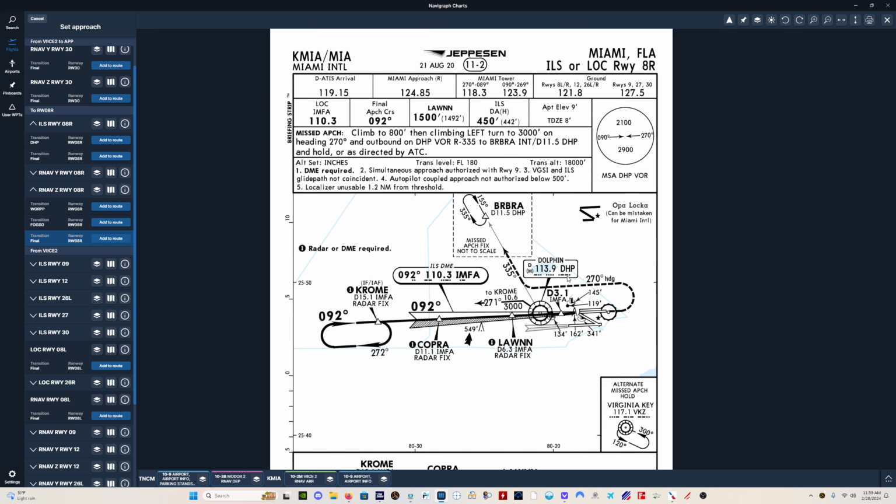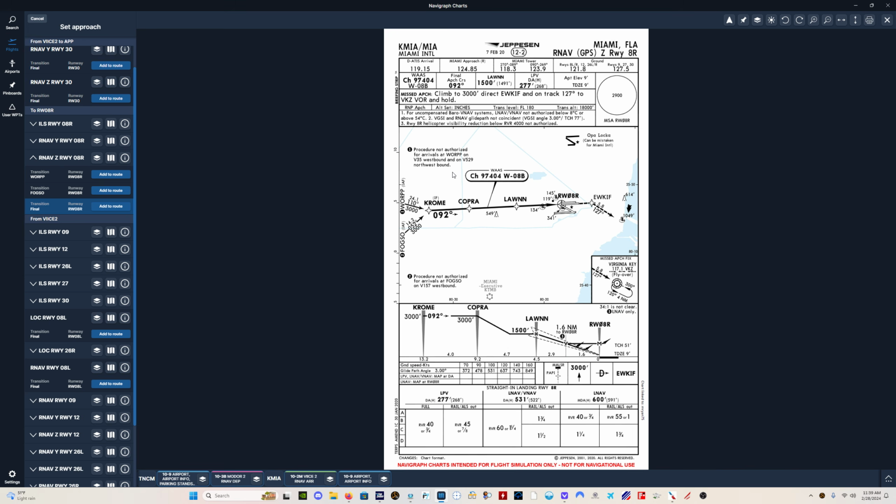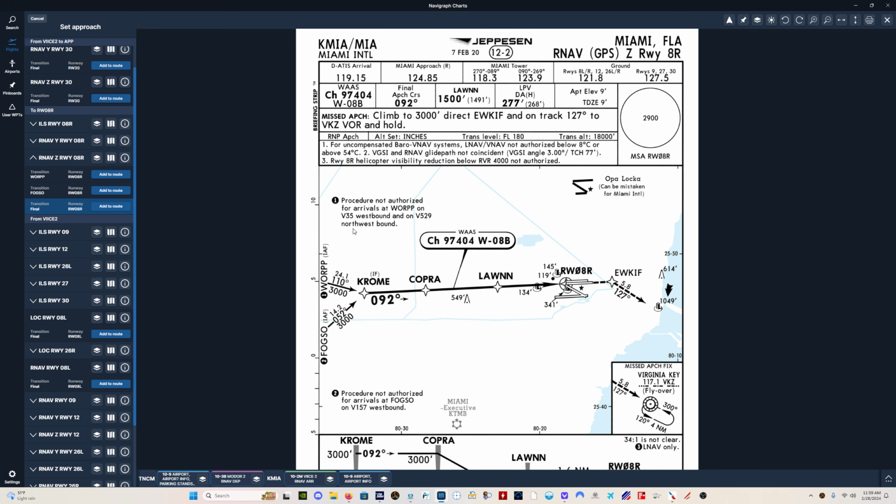So there's just a few more steps to handling an ILS approach just because you have to deal with the radios. So given the fact that the RNAV approach has lower minimums, and there's less for me to do because I'm lazy, I'm taking the RNAV approach. So we'll select the RNAV Zulu